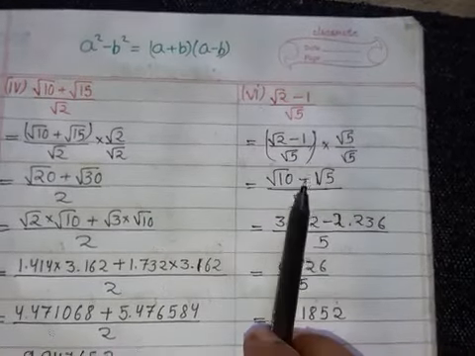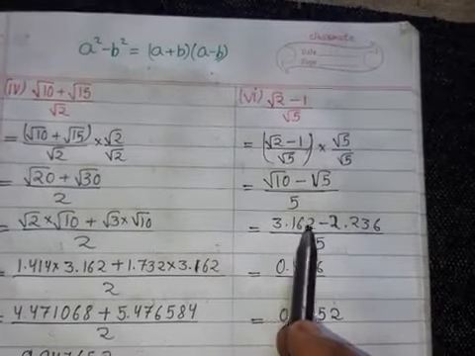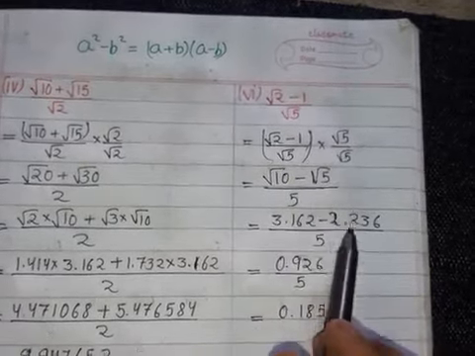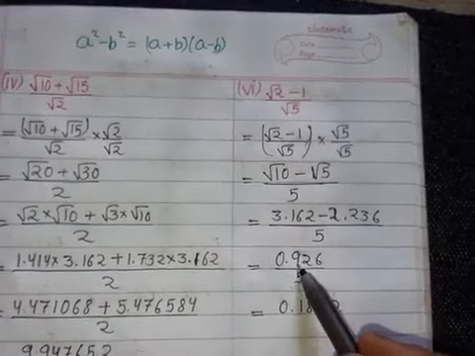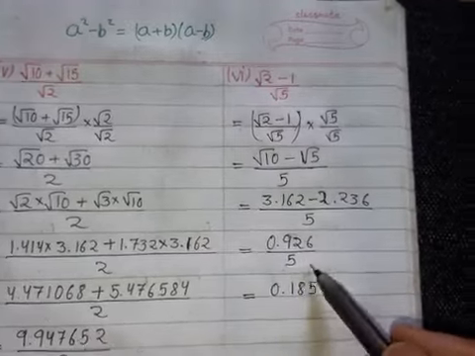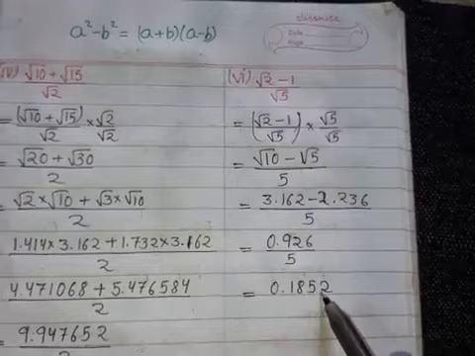5. Now value of root 10 is 6.162 minus value of root 5 is 2.236. When we subtract we got 0.926. When we divide it by 5 we got 0.1852. Okay,